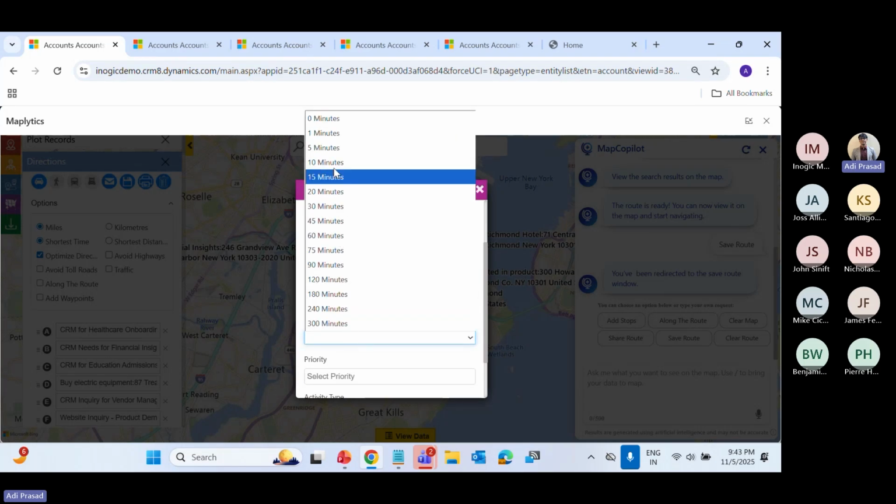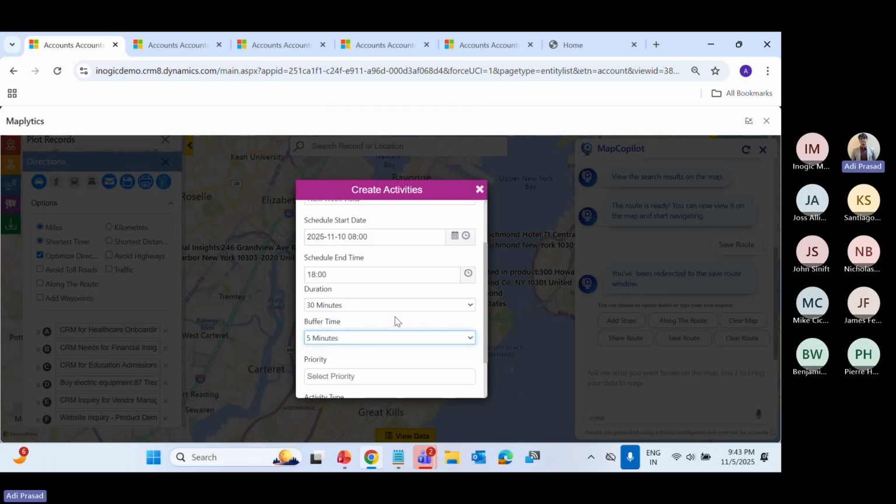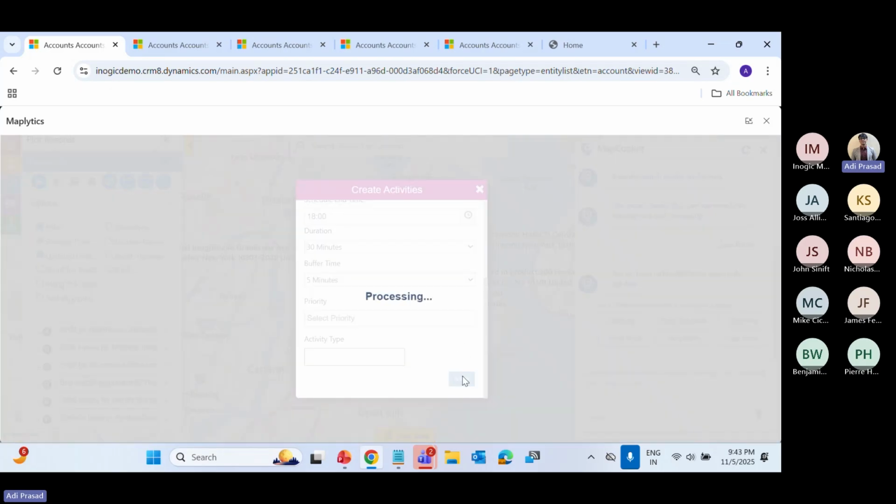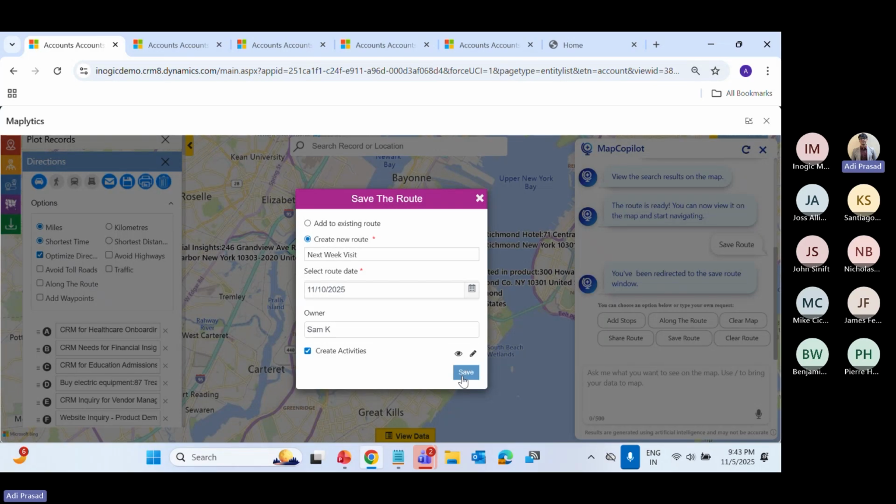And over here, I can also give it a buffer time. So buffer time is nothing but a safety net for your salespeople in case they get stuck in traffic or they got delayed in a previous meeting. This buffer time can help them out. Once everything looks good, I can simply click on save, and it will give me an option to preview my